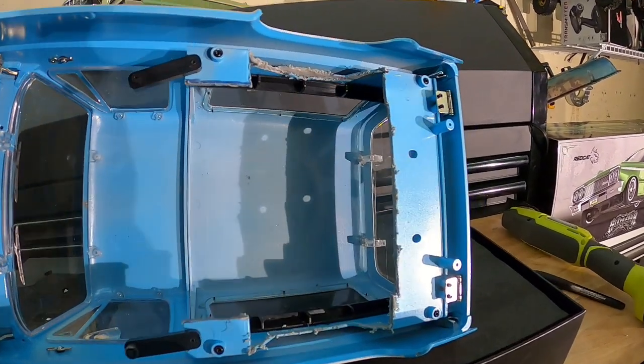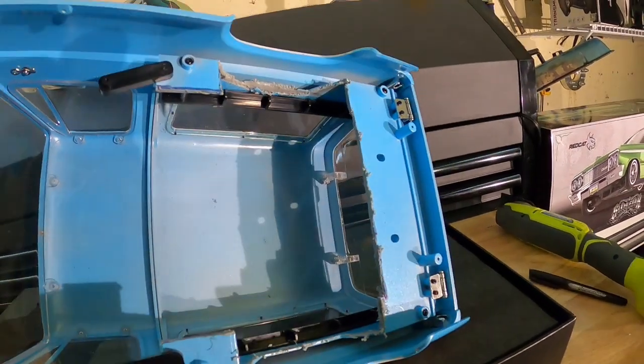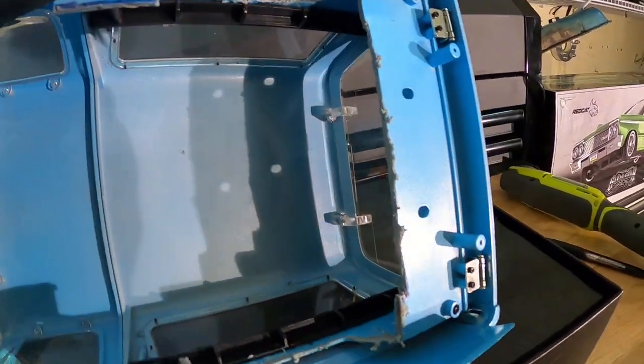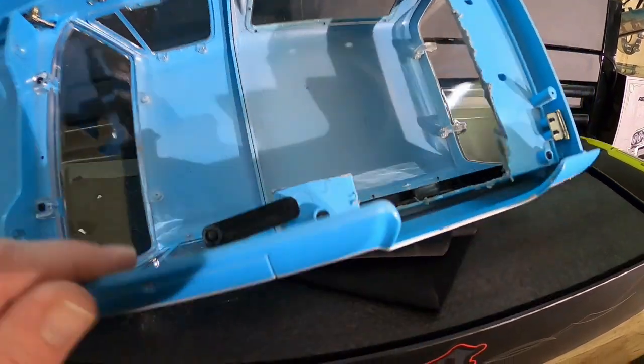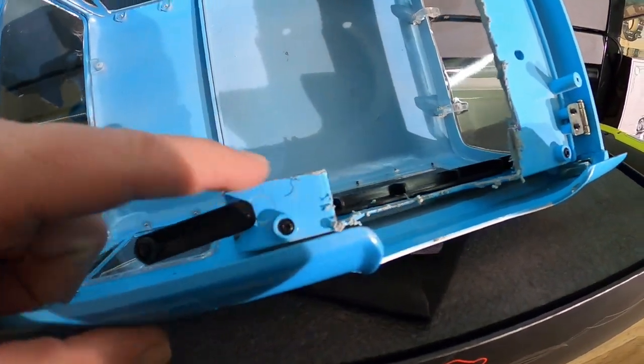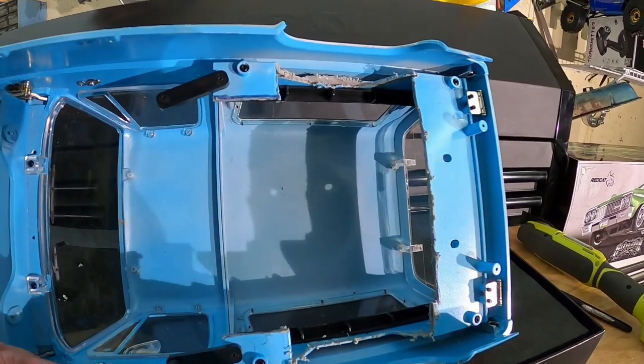All right, I'm trying to get some light shown in here. This looks like it's part fiberglass too, so sometimes when it's cut, it kind of cracks a little bit. I probably didn't have the sharpest blade on there either. These could stand to be cut out more, definitely. Could probably even cut back a little further, but that gives you an idea of what I had to cut